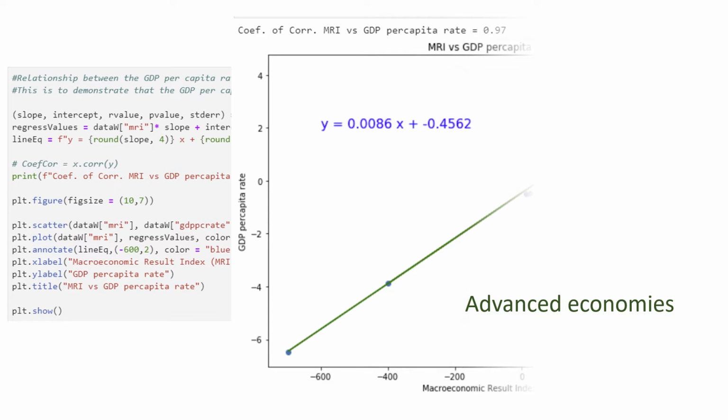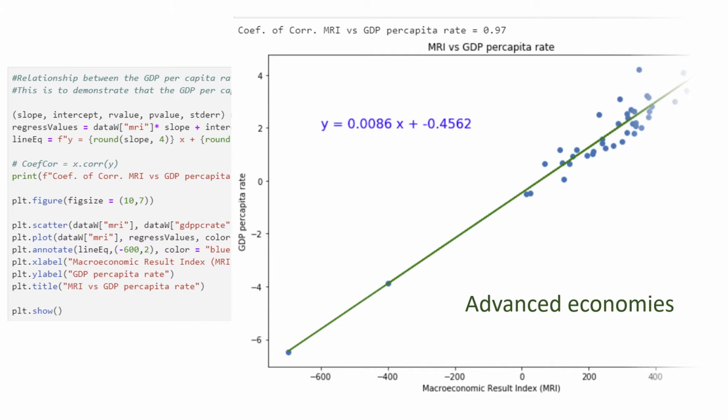And at the same time, do the linear regression and get the coefficient of correlation, which is an indicator of the degree of correlation that exists between these variables. This process will be done for each one of the 40 countries in analysis, considering the 42 years of data. Here is shown the linear regression for the advanced economies with a coefficient of correlation of 0.97, indicating a strong correlation between the variables considered.